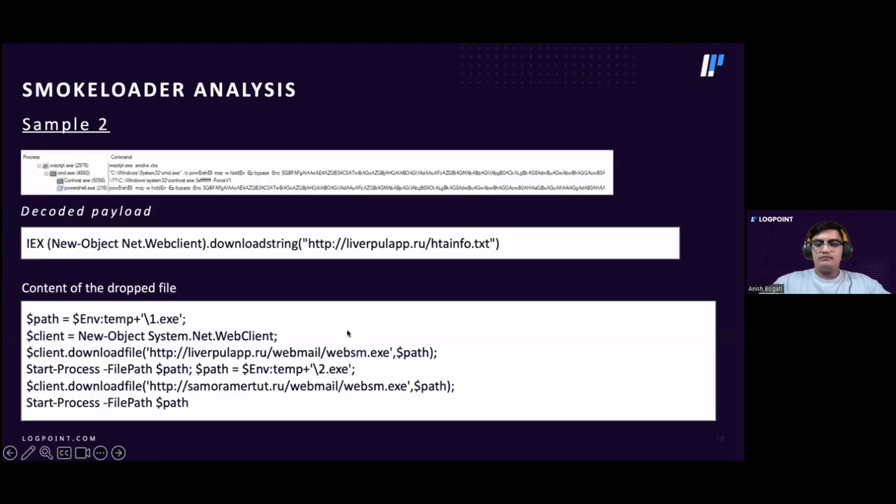Moving on to another sample, we have chosen a VBS-based SmokeLoader payload for our analysis and executed it using WScript. So I think it is visible here. After execution of the VBS, it spawns PowerShell to execute basic obfuscated commands. The decoded payload is here. The deobfuscated payload uses Invoke-Expression, a PowerShell command, which can be used to download a file. After downloading the htinfo.txt file, the content inside is executed. The instruction file contains two hard-coded C2 addresses to download the other stages of the payload, which is dropped under the user directory, as you can see in the image.